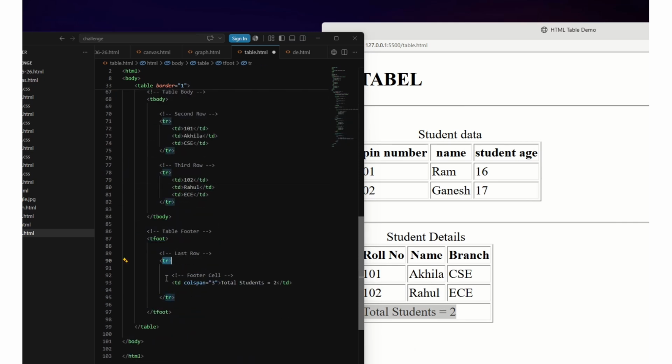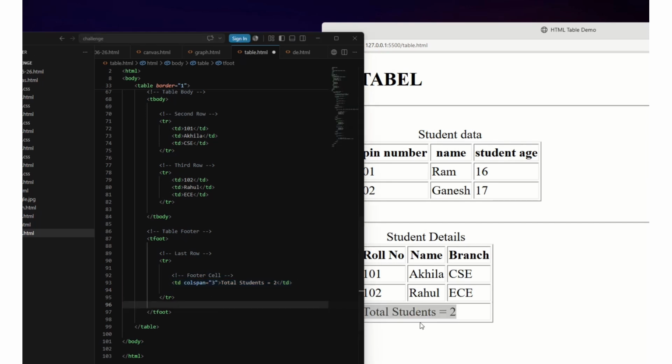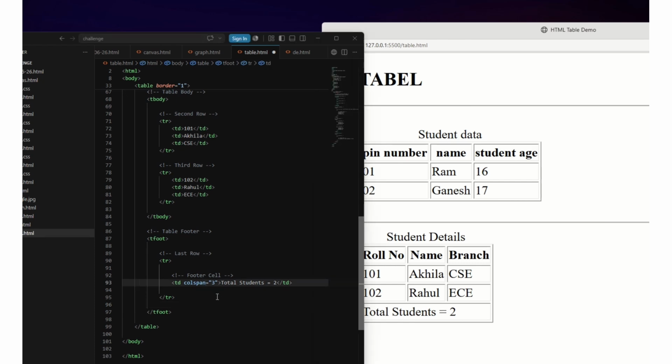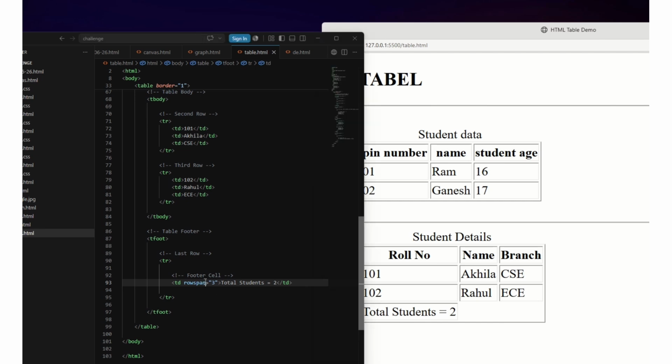And tbody contains two students' data, 101, 102, two table rows. And tfoot contains total students equals 2. This is the footer of the table. I have declared this tfoot, and in the tfoot the table row. There was a td colspan. If I give a colspan over the roll number column, name column, and branch column,